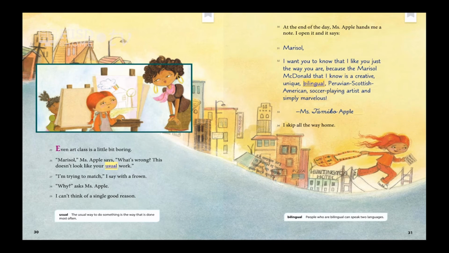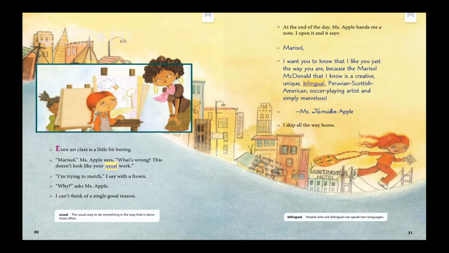Even art class is a little bit boring. Marisol, Miss Apple says, what's wrong? This doesn't look like your usual work. I'm trying to match, I say with a frown. Why? Asks Miss Apple. I can't think of a single good reason. At the end of the day, Miss Apple hands me a note. I open it and it says,